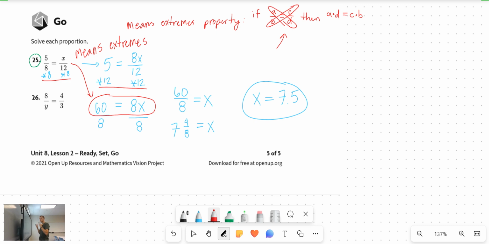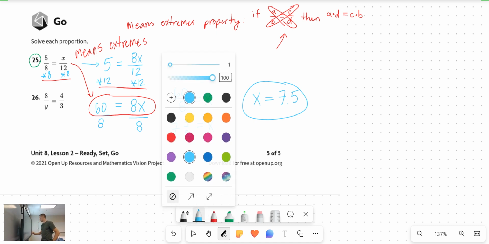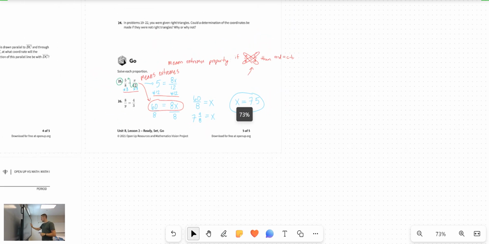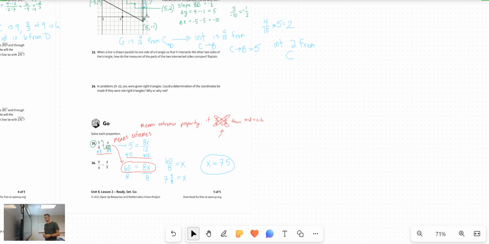But if you wanted to just do this the most efficient way possible, you would actually first not multiply both sides by 8. You would just multiply both sides by 12, and you'd end up with 60 divided by 8 equals x. So the most direct way to do it would actually be, I'll change colors to green again, to just move this 12 up to there to start. Multiply both sides by 12, you get rid of it there, it multiplies by the 5, and then you just have x by itself. That's isolating x. But this was a great chance to show the means extremes property, so that's why we did it that way. Anywho, I hope this was helpful. This is the end of